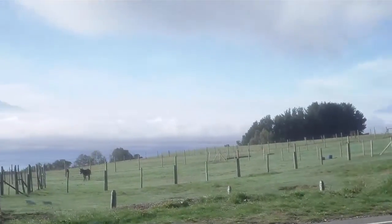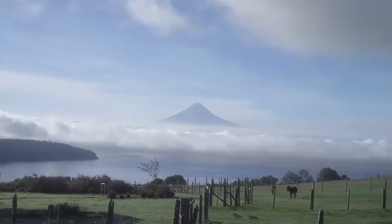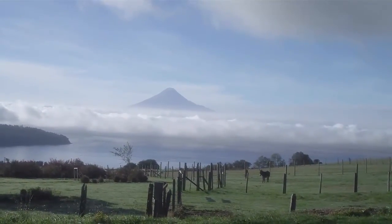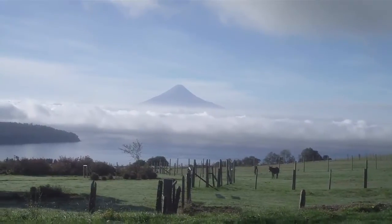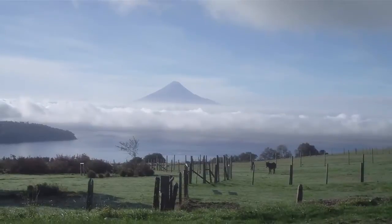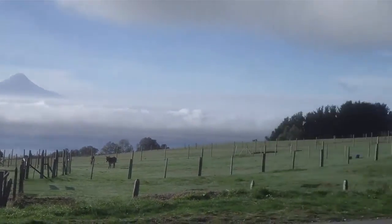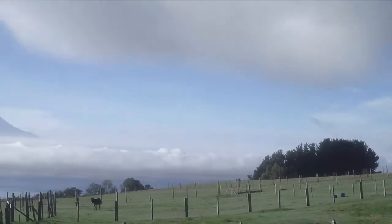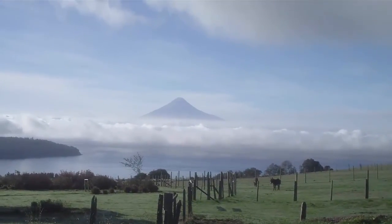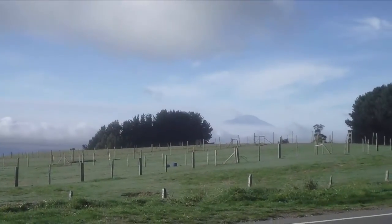But what's really interesting is that right there is Osorno, a volcano that has not erupted in over 100 years, 200 years. It last erupted, I think, when, Maureen? 1860. So it's snow-capped, but if you look at it really close, you can't see it white because all the ash from that volcano blew over on top of it. So it'd be really interesting to see if all that snow up there melts from that ash blowing over to it. But anyways, Calbuco,